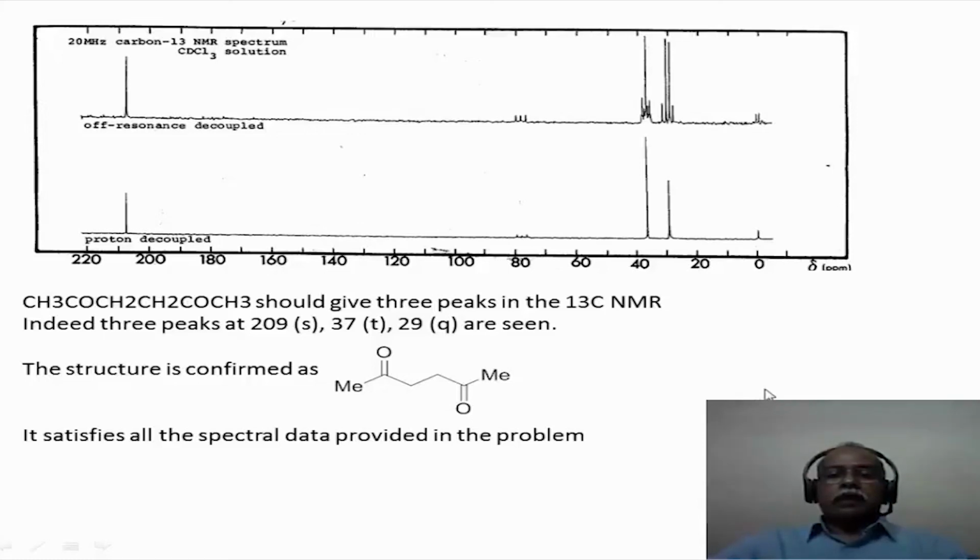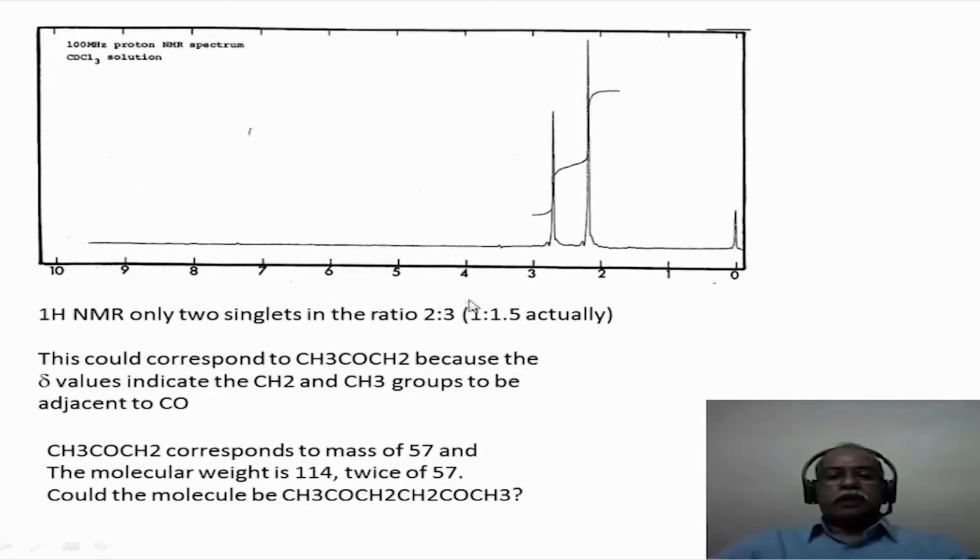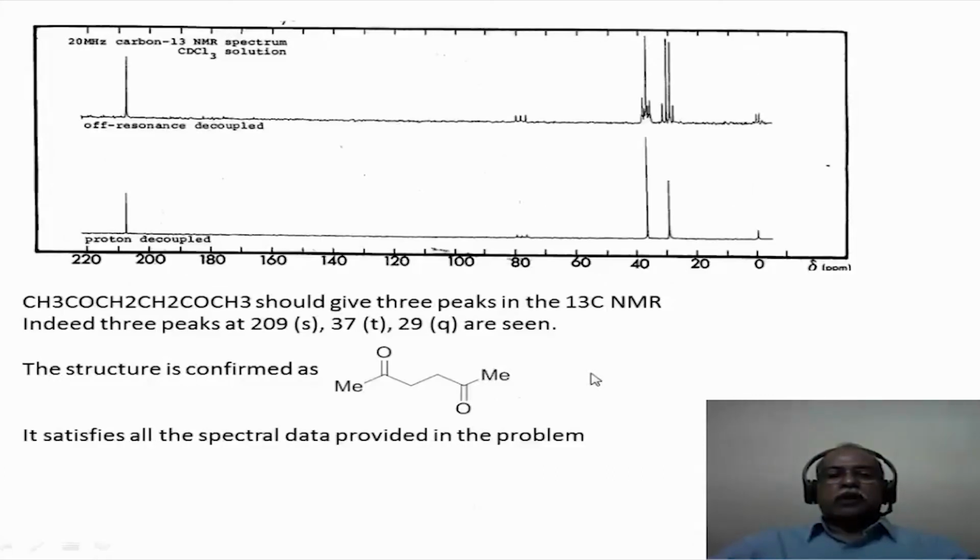So we are actually deducing the structure of this compound even without the molecular formula information. What is crucial in the spectrum is the identification of this particular fragment and recognizing that the molecular weight of the fragment is exactly half the molecular weight of the compound from the mass spectrum. The mass spectrum tells you the molecular weight to be 114. This fragment is 57, so the molecule should be twice this fragment. That is a very crucial logical piece of information that one has used for deducing the structure.